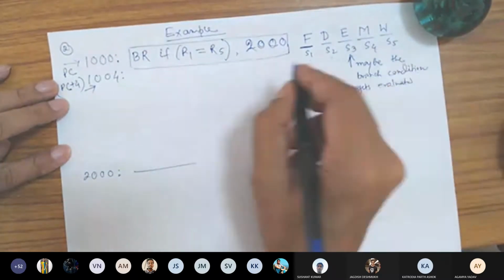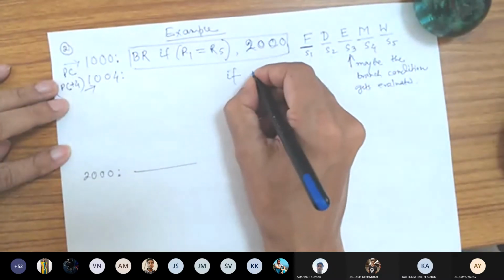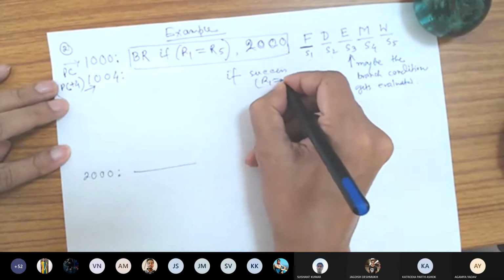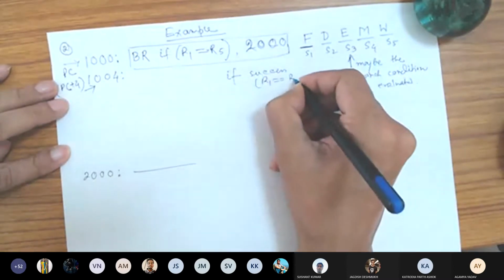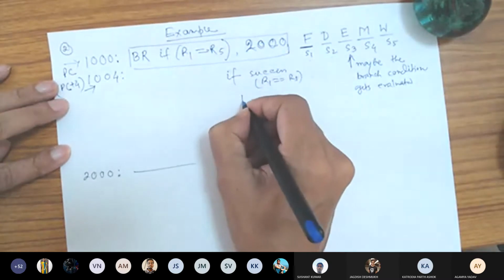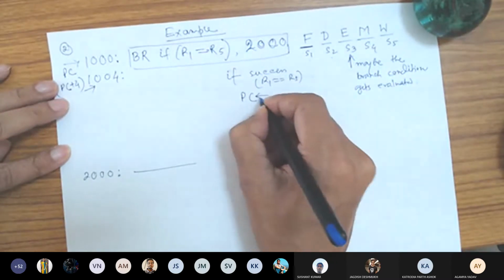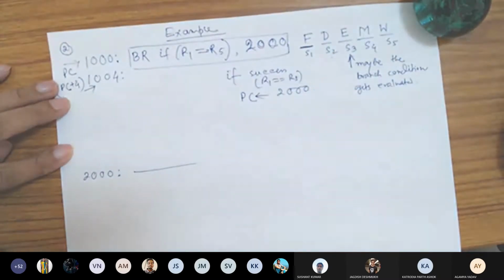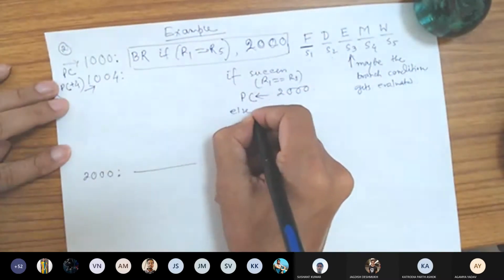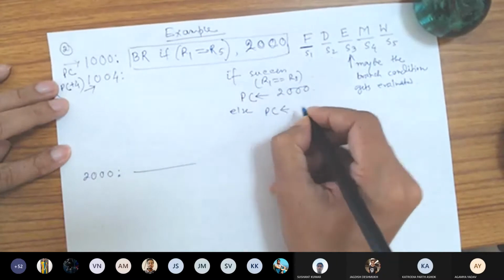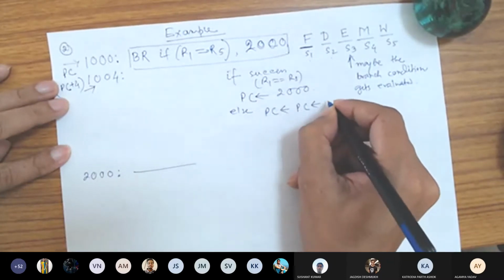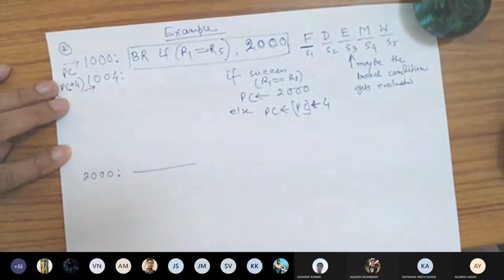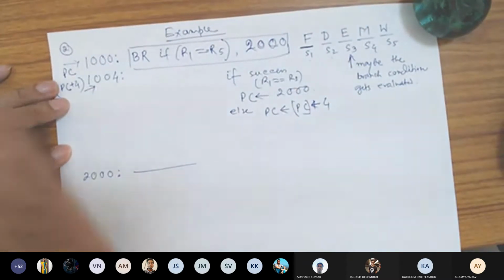And if it is success, that means if R1 equals R5, what we need? PC will be loaded with 2000. Else PC is PC plus 4. Is that clear now?